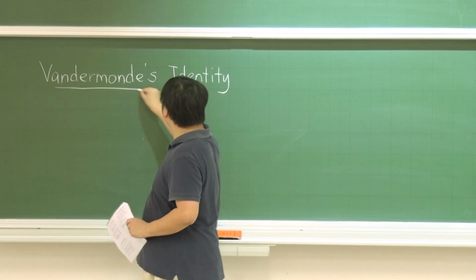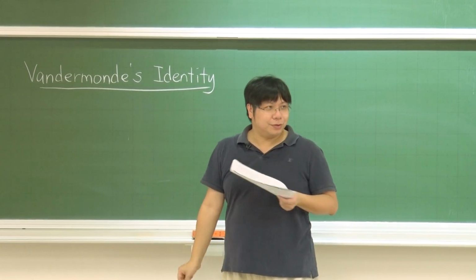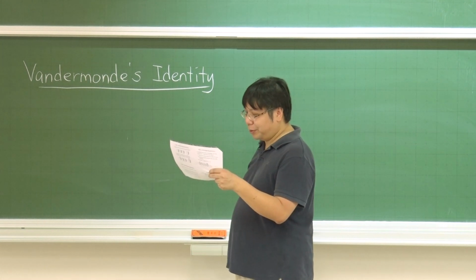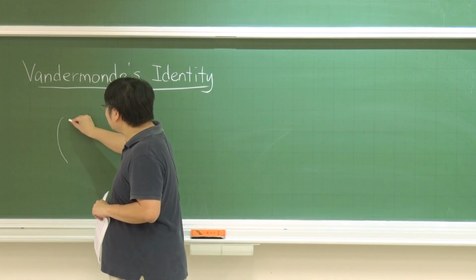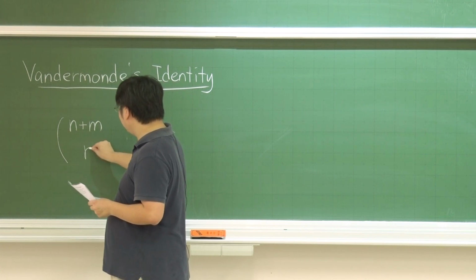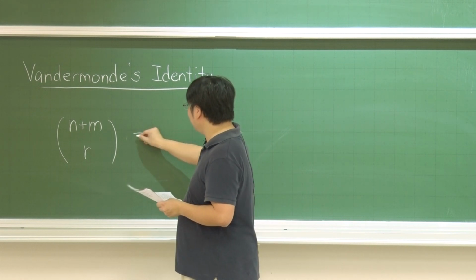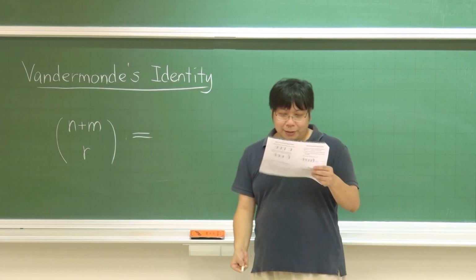So let's take a look at this one. You don't need to memorize the name, but when you see this, you should have some idea how to prove why this is correct. So this is n plus m choose r. We are saying that this is equal to, so this looks like a very complicated formula,